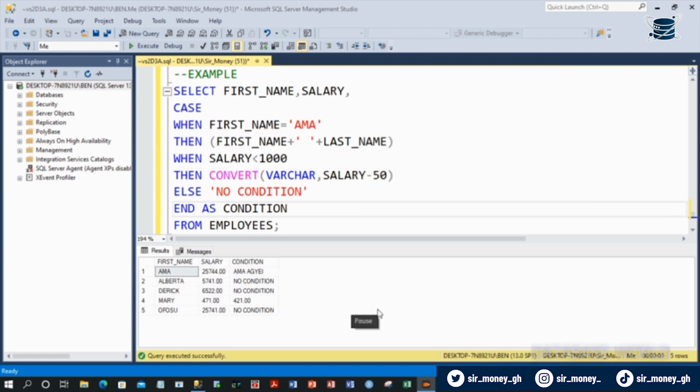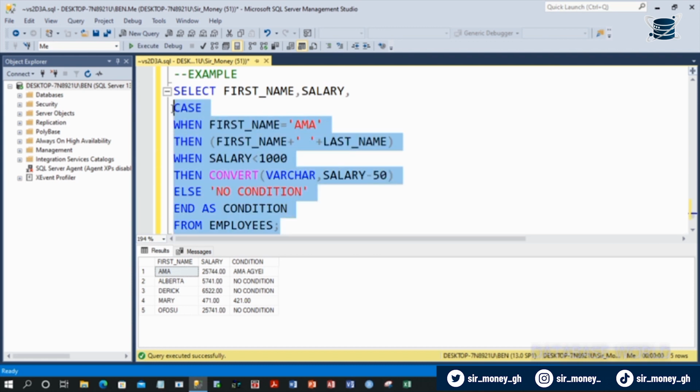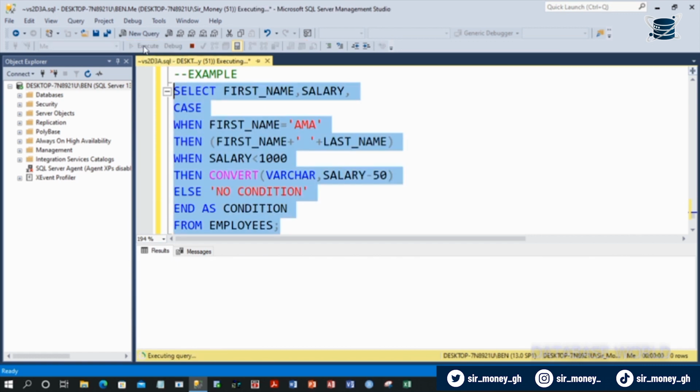Okay, so this is the command. We need to convert one to suit the results. So we converted the answer for the salary, right? When the salary is below 1,000, then convert it to varchar, because all the results are going to be in varchar. So let's execute and see. So when you execute,